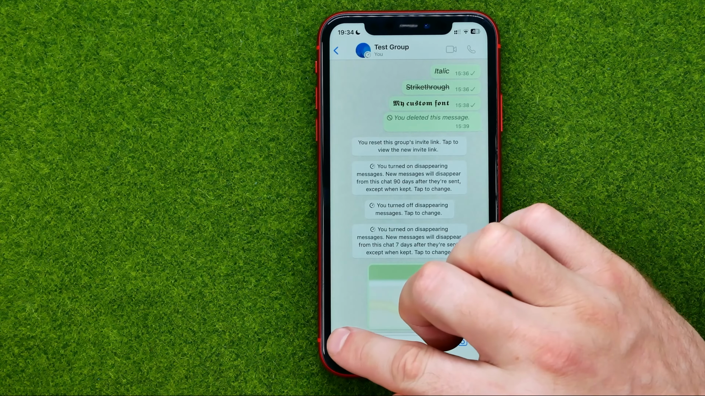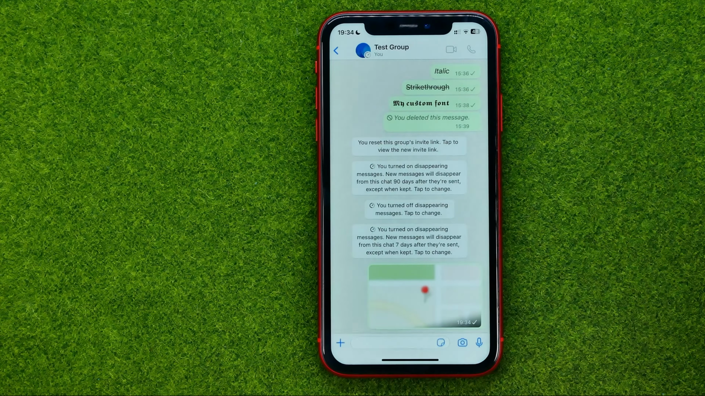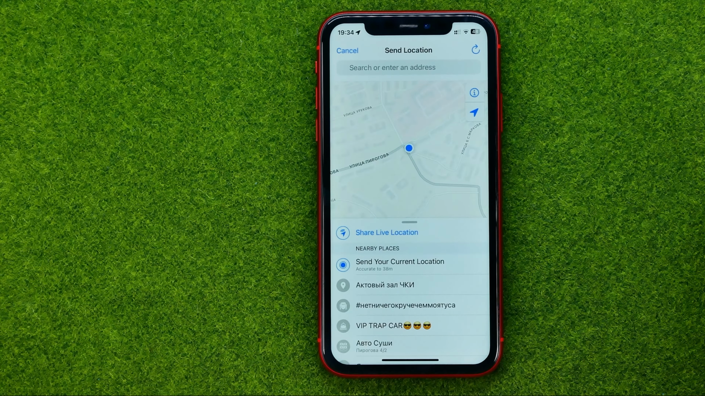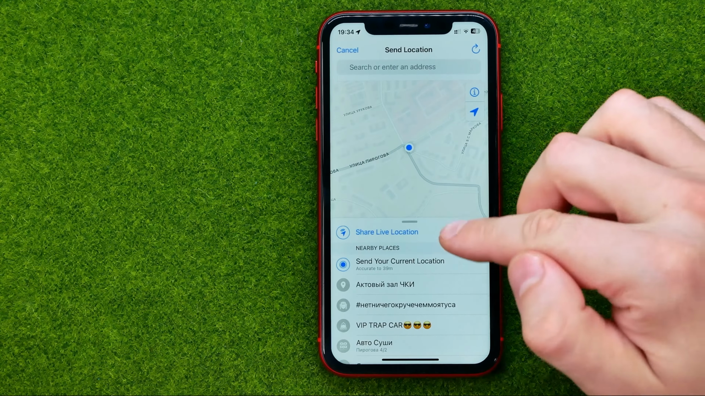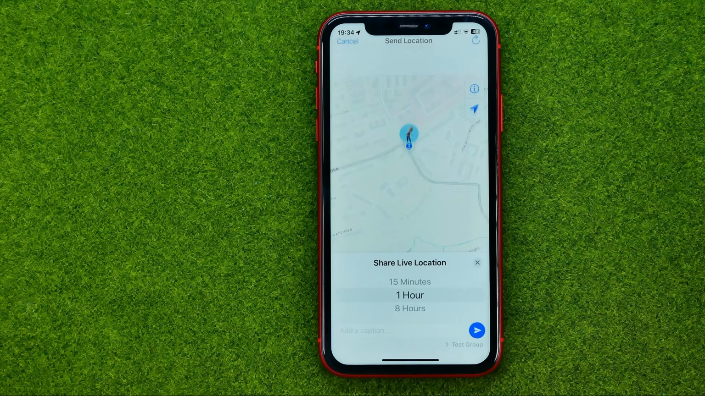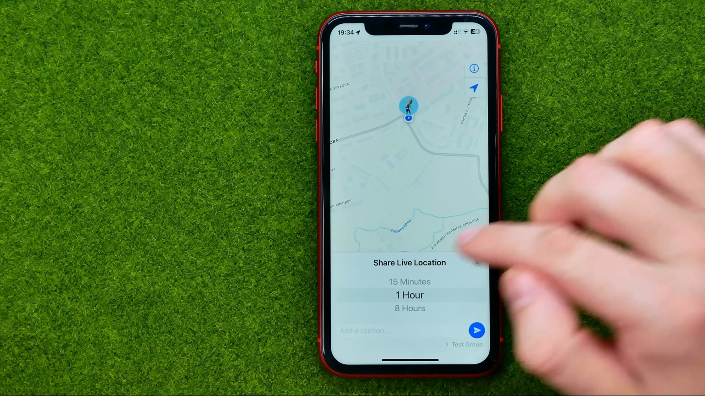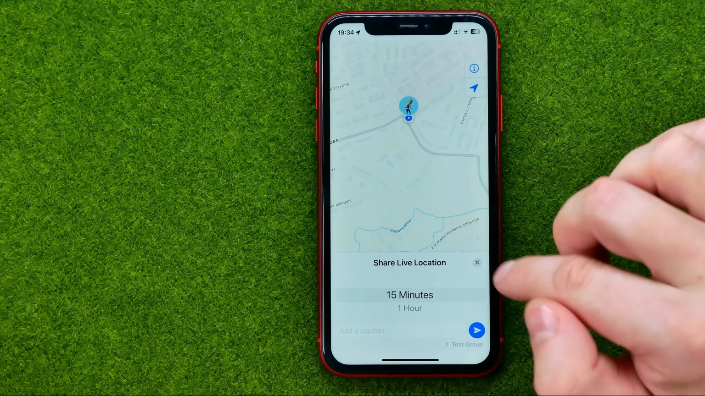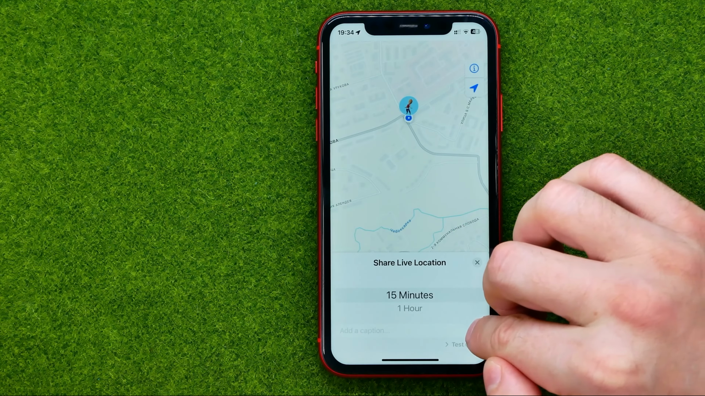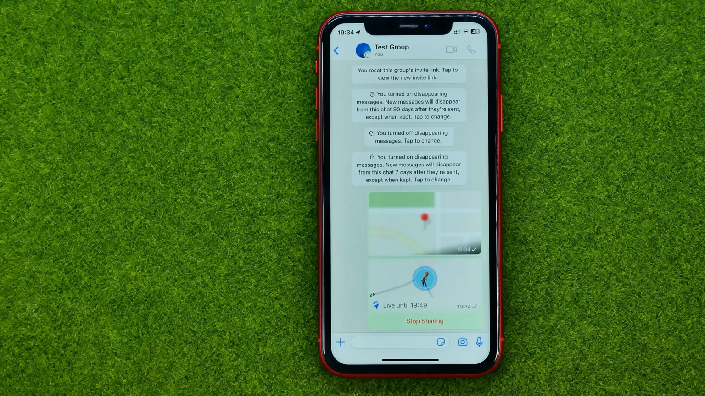Also, you can tap at that plus sign, select location, and then you can share live location. If you tap on it, you will need to choose for which time you would like to share your live location. I'm gonna choose 15 minutes, and then if we tap at send,